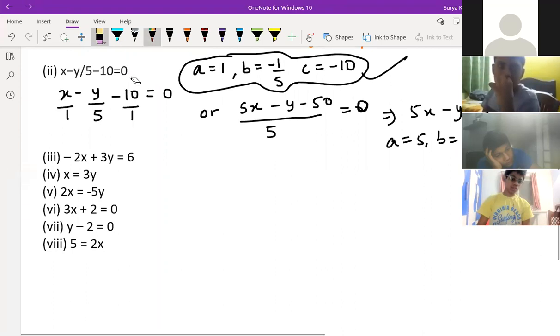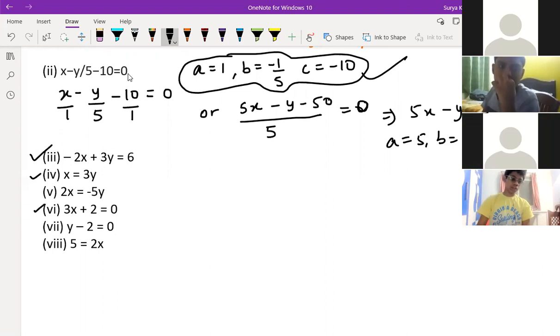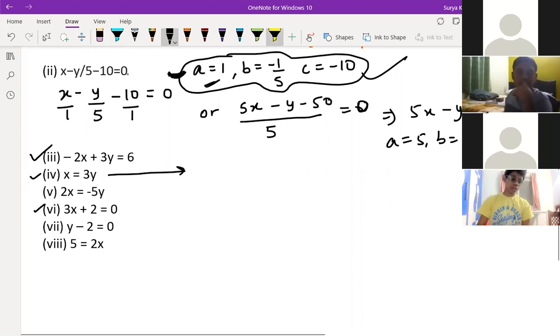So you will not have doubt in the third part. You will not have doubt in the sixth part. You may have doubt here, in the fourth one. We should convert the equation. It's better to take the LCM of the equation. But here also you can write directly if you want, because this is also the answer given in the NCERT. You can take either way, it's not a problem.